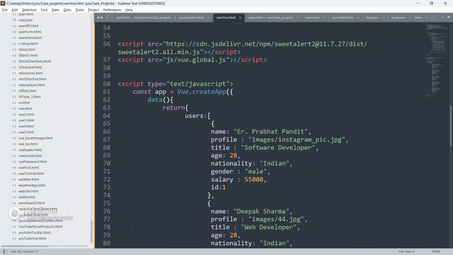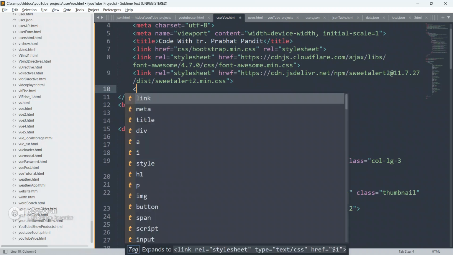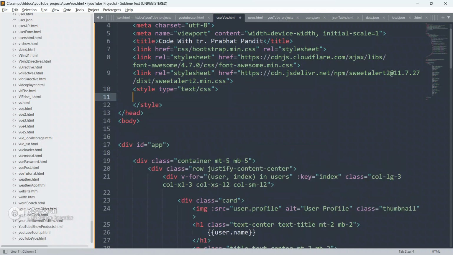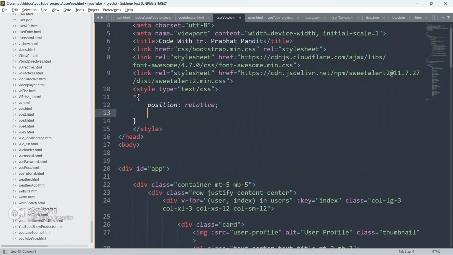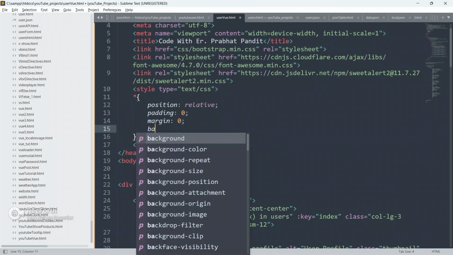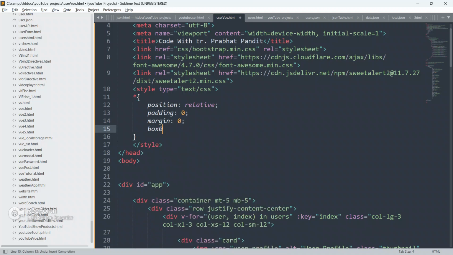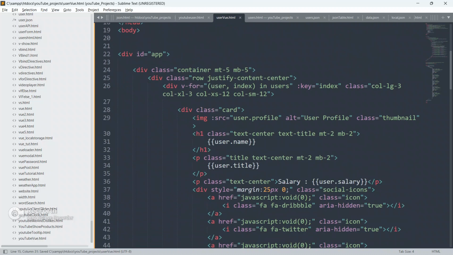First of all, let me put some extra CSS to make our application look cool. In the head section I'm going to create a style sheet. First, the universal selector: give position as relative, padding 0, margin 0, and box-sizing as border-box.